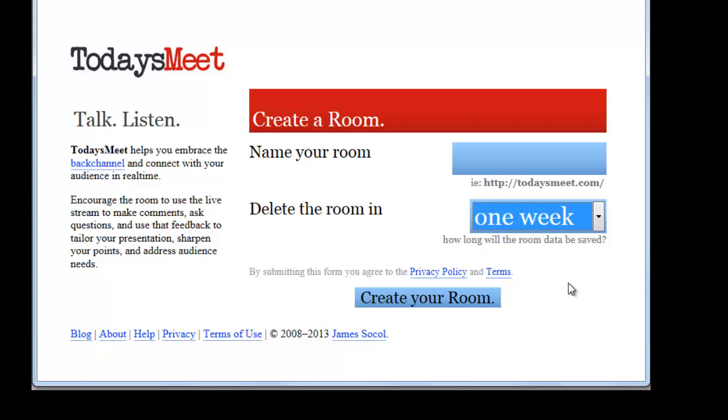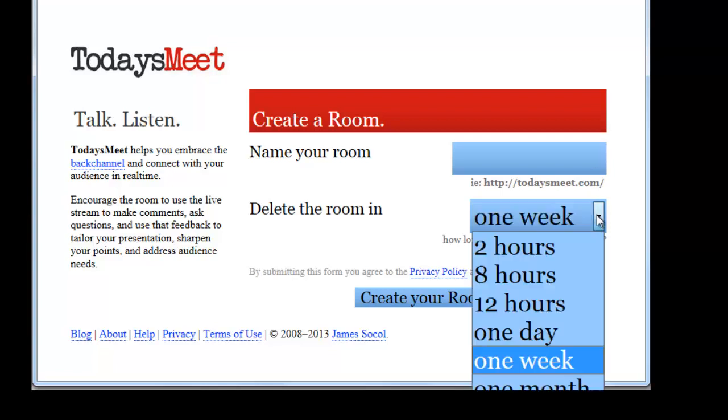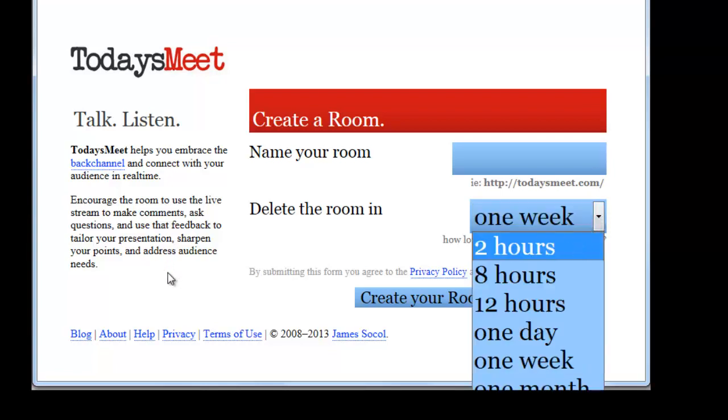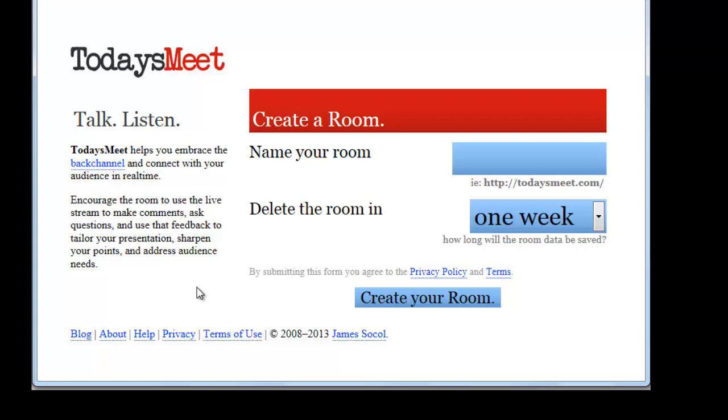And the idea is that students can present their feedback, they can see a presentation, they can do everything even though they're not in the classroom. They still have the chance to be involved in the lesson. And what's nice about TodaysMeet is it's very secure. You can see, because we can set the room to delete in even 2 hours from the time you create it, we don't have to worry about things being recorded. We don't have to worry about things being available later on. This is a great platform for here and now